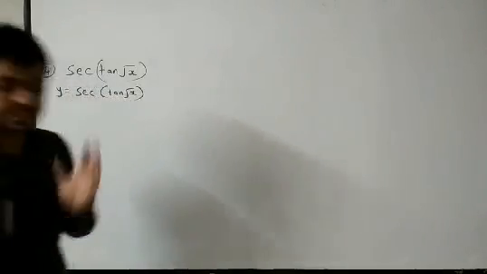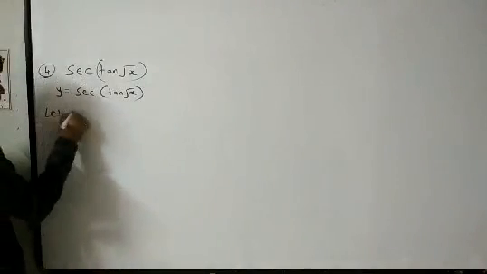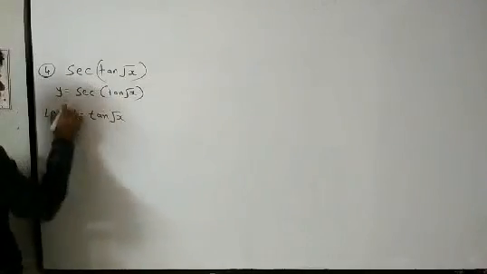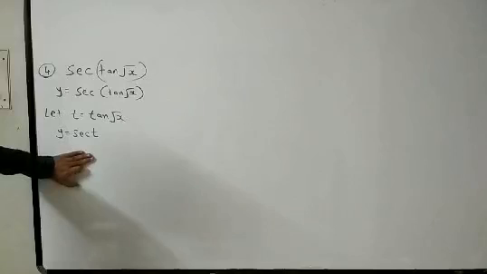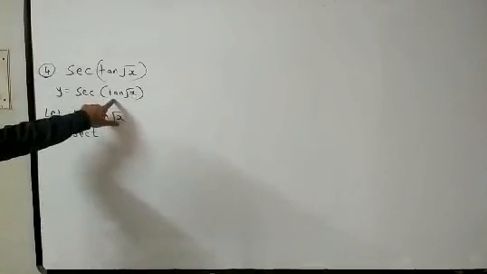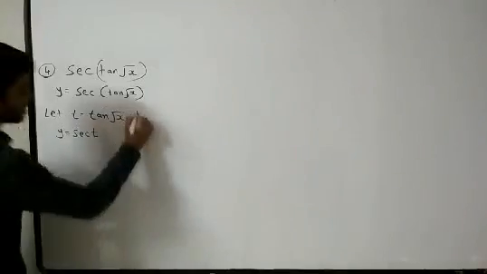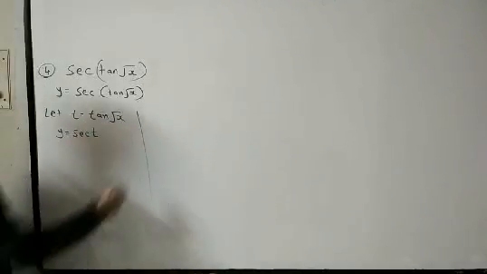See, this is the same as example 23. What do we have to do? Assume this as t. Let t be equal to tan under root x. So here we can write y is equal to sec t. I have done nothing else, I have just kept tan under root x equal to t. So here sec t will be there. Now again, as in the previous sum, it is not just tan x, it is tan under root x. So let under root x be equal to u.